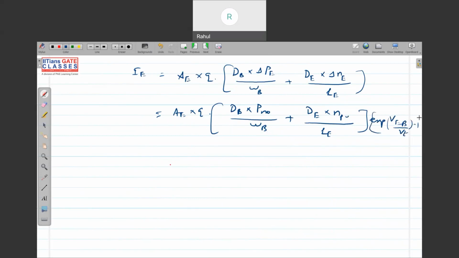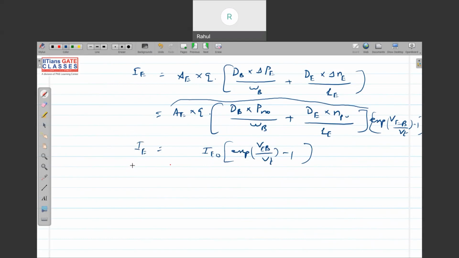Minus 1. Okay? So this is the current of the emitter region. You can denote this as a reverse saturation current IE0, like we have denoted ID0, into exponential of VEB by VT minus 1. This is my current. I have derived it because we understood the PN junction theory very well. Now if you do the derivative,